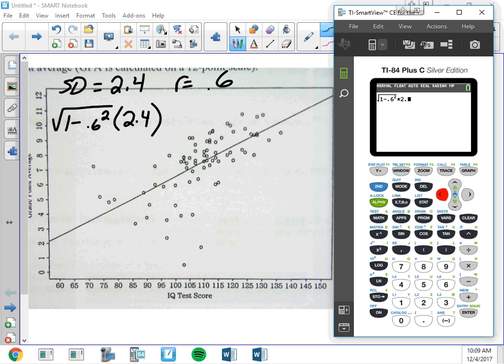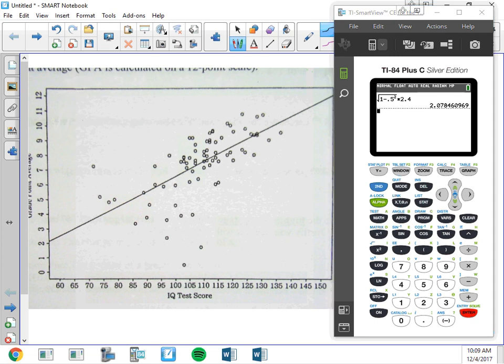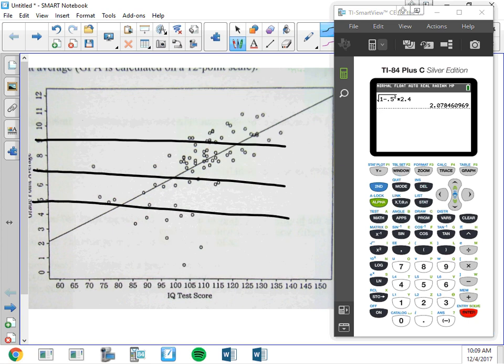So my guess is 0.6 is too high. Or maybe 2.4 is too high. I put 0.4. Try 0.4. 0.4 is going to go the wrong direction. It's going to make it even larger. So my guess is the SD is actually 2. Let's look. I just threw the SD up there. So if we go up 2 and down 2, yeah, that captures